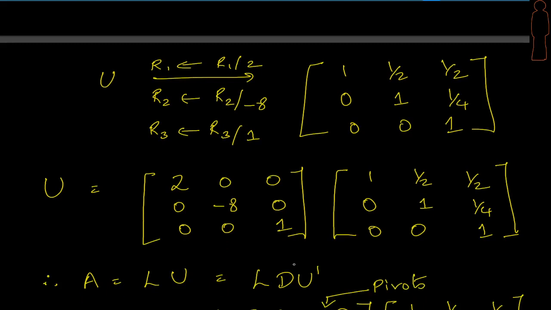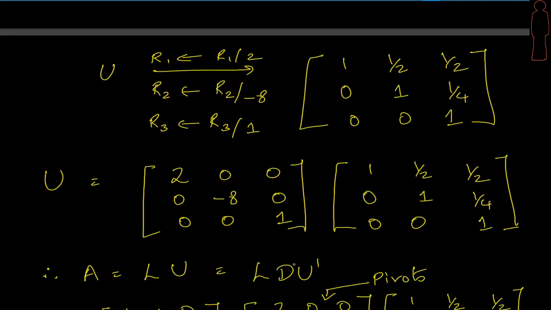And therefore, instead of saying A is equal to LU, we can also factor it and say that it is LDU dash. I have called it U dash to indicate that this is an upper triangular matrix which has got ones on its diagonal. That's why I am indicating it as U dash. But if you see the textbook, they don't distinguish that way. They may just say LDU, but I am hoping that the understanding must be clear from here.